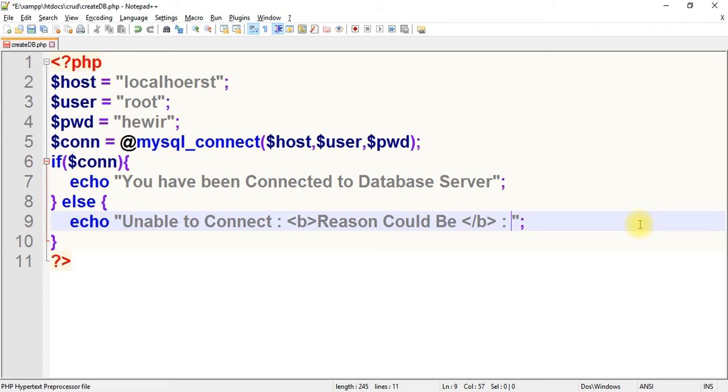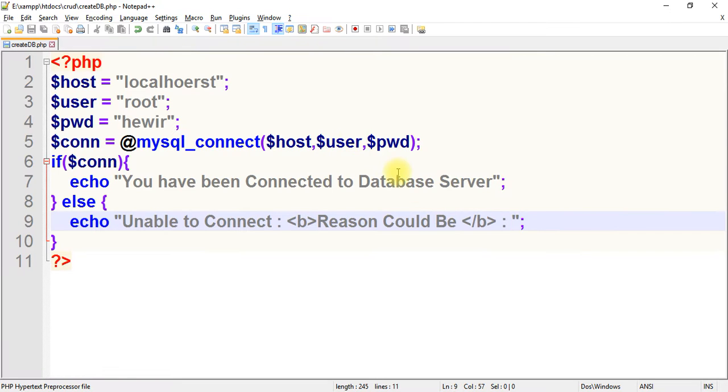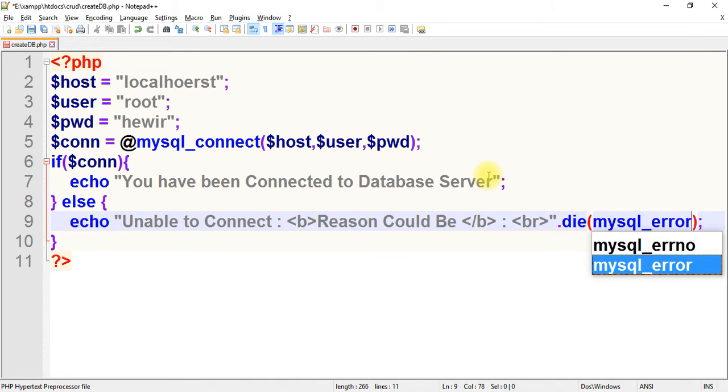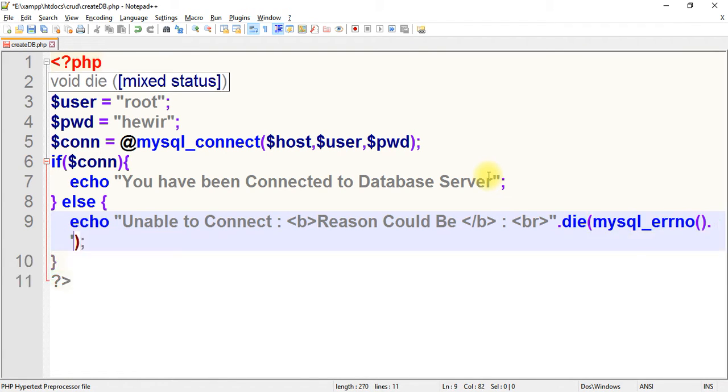It's going to say unable to connect, reason could be, and I'm going to write a break and go with a concatenation and say something like die, and I'm going to say MySQL underscore error number, or else we'll just go with error number is equal to